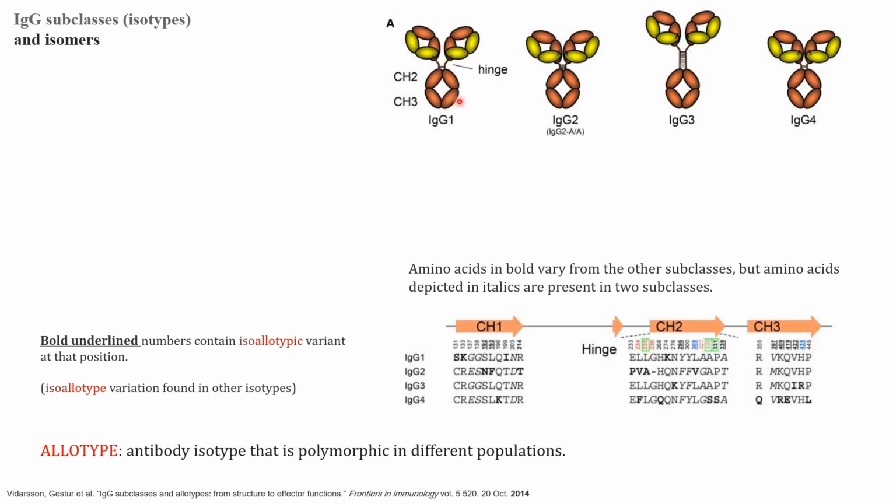However, threonine is normally found at that position in IgG2, so it's similar to IgG2, so it's called an isoallotype. And that's important because in that case